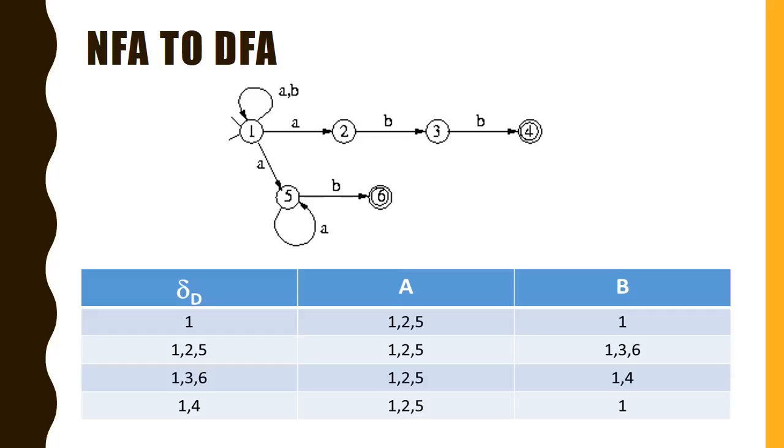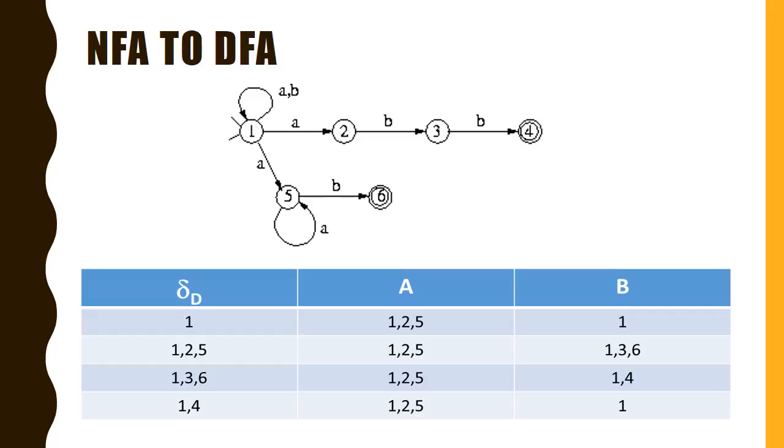Now to convert the constructed NFA into DFA, we need to make a table for the given transitions. So we have to see from the first state where all we can reach on giving the input symbol as a. So we can reach the states 1, 2 and 5. So we put 1, 2, 5 in the a column of 1, and if we give b to the first state, we stay at the first state itself, and from 1 to 5 we make another state,